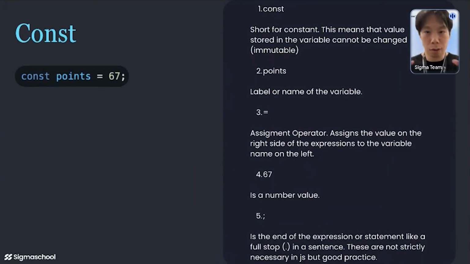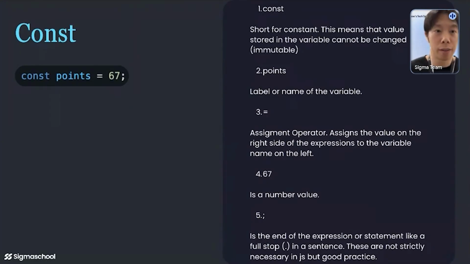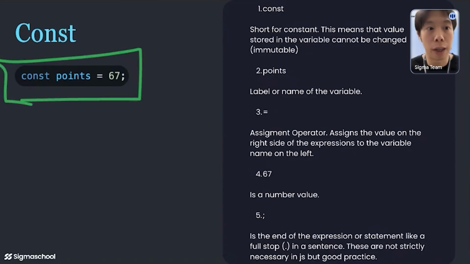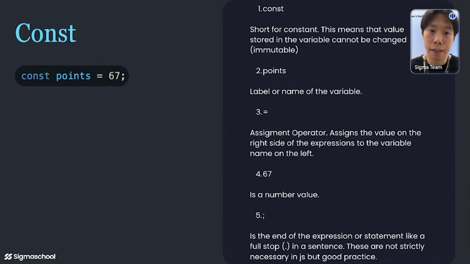So now we know variable, box, name, value inside the box. Let's say you're playing a game and you want to store the points that you currently have in that game, and in this example you scored 67 points, right? This is the format for how we would tell JavaScript that the variable points has a value of 67, and what we do is add a const keyword.